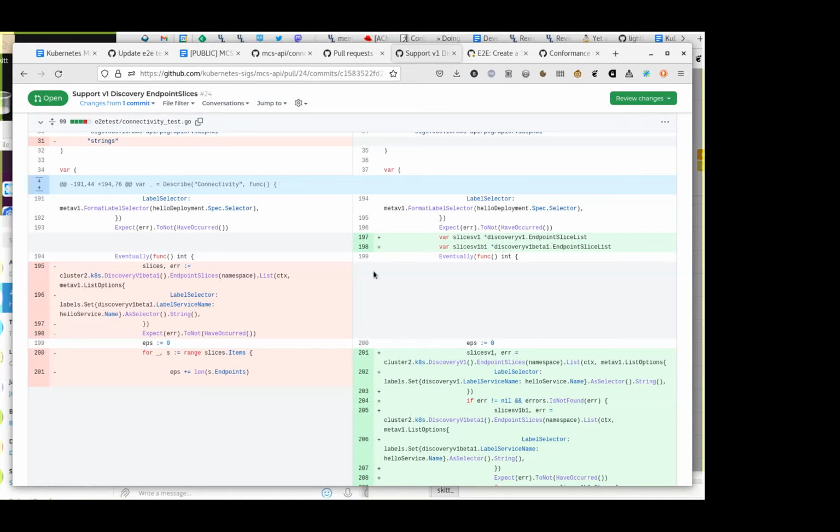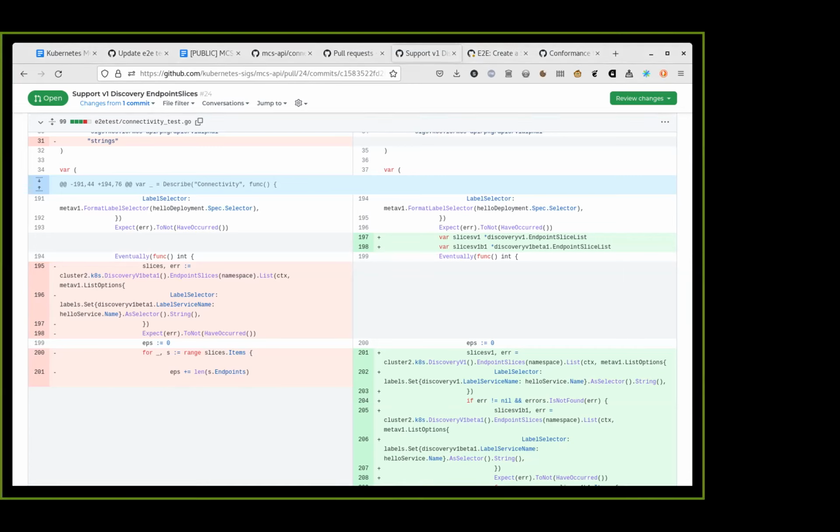Agreed. I think the two outcomes are A, implementations are lacking. This is important because it will tell the implementation authors that it's time to add that feature, or B, it will tell us that people are finding value without that, and maybe the spec was reaching a little bit too far, and we can just not include the thing that nobody's bothered implementing. Both of these things are valuable, though, and I think it's good signal from the test.